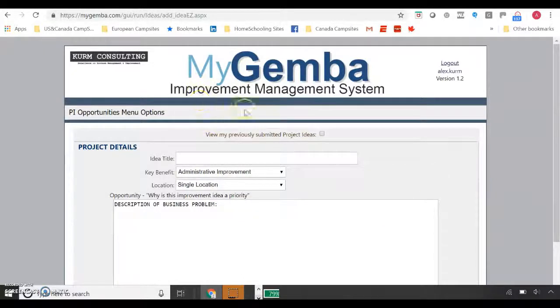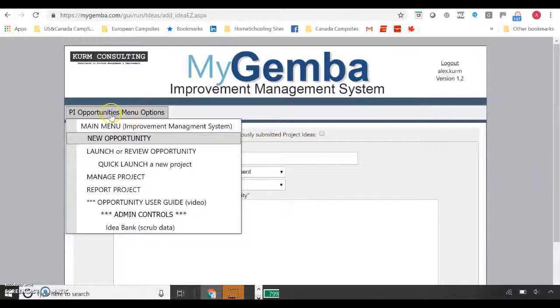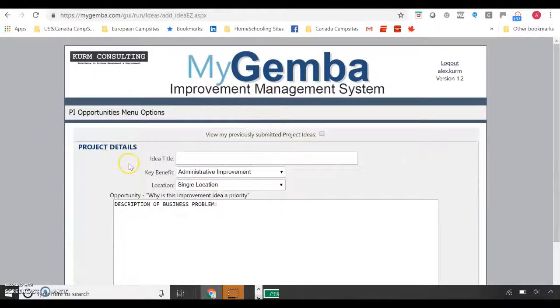So we're calling it My Gamba Improvement Management System. And just really quickly, I'll show you what this tool and system is all about. In the top left corner here, there's a little menu. If you hover over it, it'll pop up some options. If you click on New Opportunity, and I've just got it open here for you,